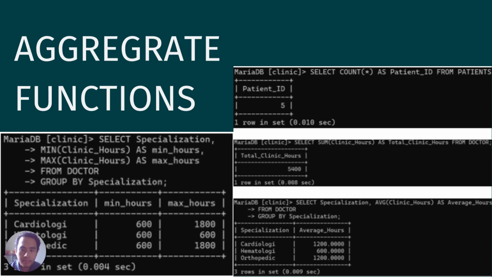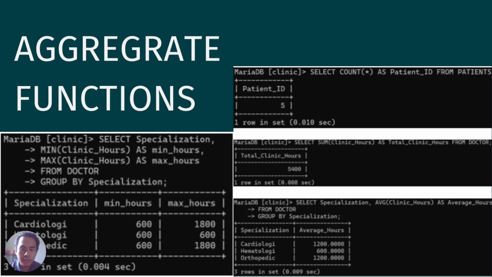After select sum cleaning hours, the attribute, then we put AS, which can be anything. It can be any name we want it to be. I can even put it as total hours instead of total cleaning hours. It won't error. Next, we have select specialization, average. So this will calculate the average. So select specialization, the specialization attribute, average cleaning hours, AVG, as average, we can put however we want. For me, I put average hours. Then next we do from doctor.